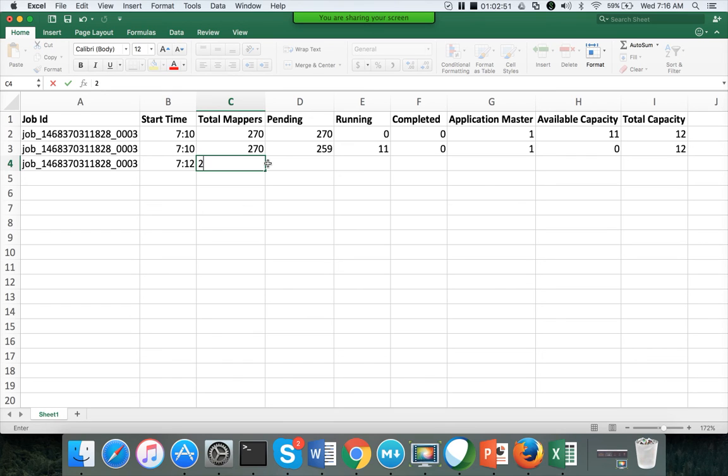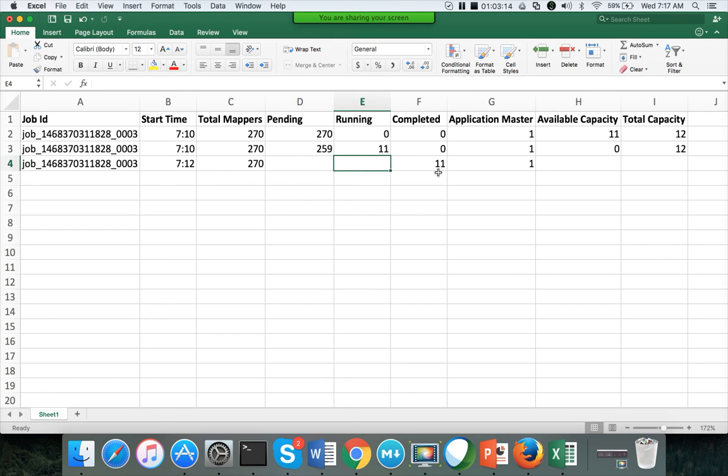So total mappers required is 270. Pending will change to 248. So first let us start with completed, then we'll come back to pending. So 11 are completed. Application master will still be 1. Okay, as these are completed, slowly the pending ones will be changing to running.